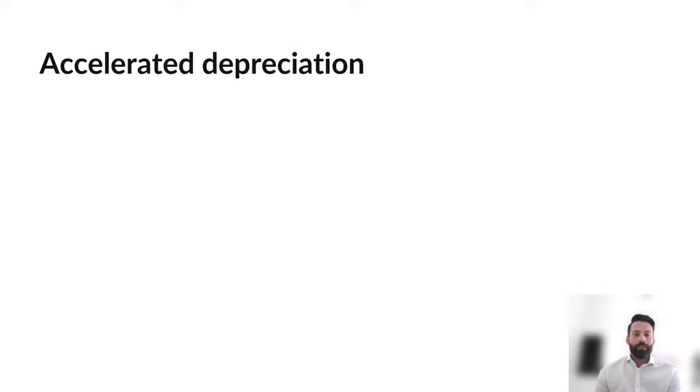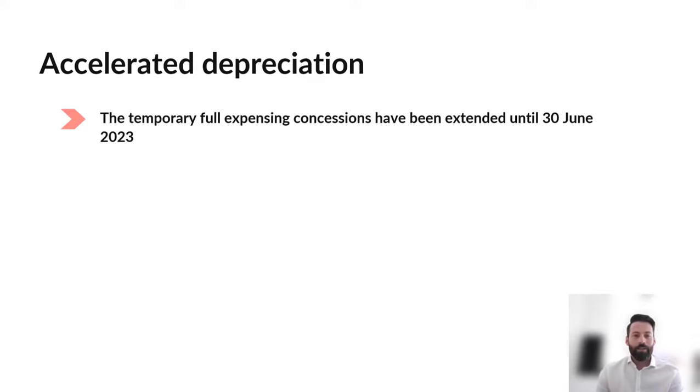Now, accelerated depreciation is great. Everybody, you'll hear a lot about depreciation. Once the TV ads start rolling through, all of the car yards will start telling you that if you buy a car before 30 June, you can claim the whole lot. And some of the other big retailers will jump on board that as well. Now, the one that we're talking about at the moment in terms of concessions is the temporary full expensing concession. So that's been extended out to 30 June 2023. So we've got plenty of time to still use that.